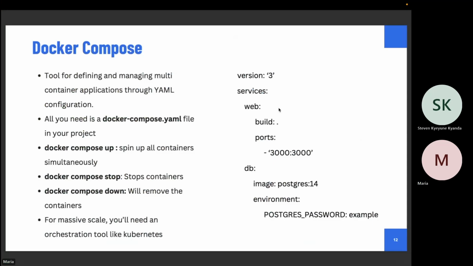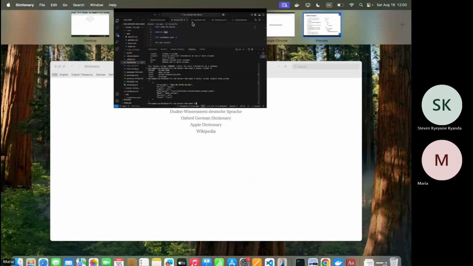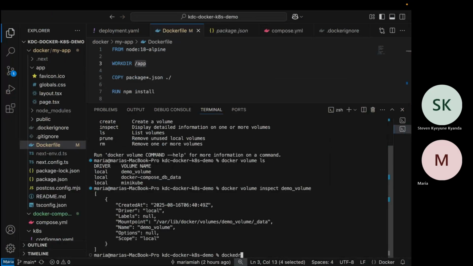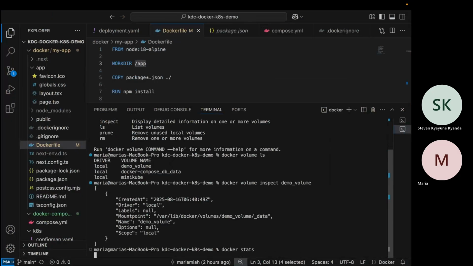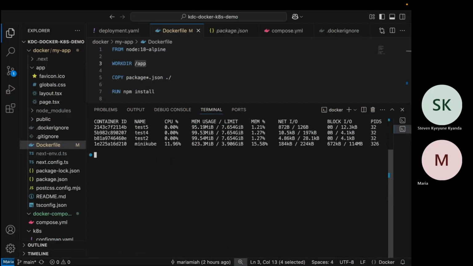Docker Stats. I'm not sure, but we could run it.